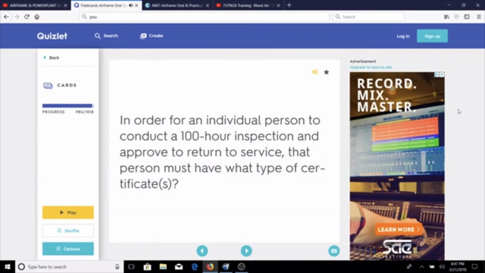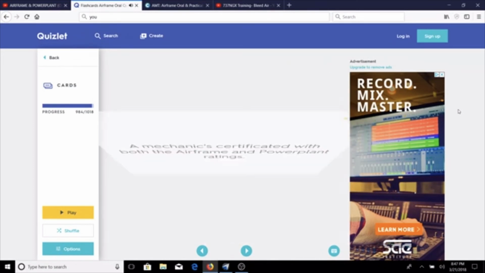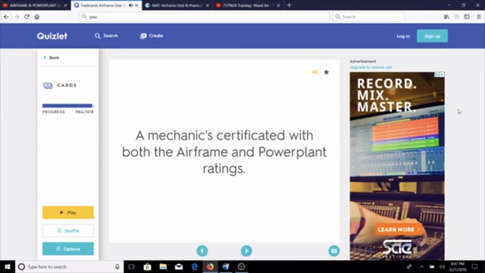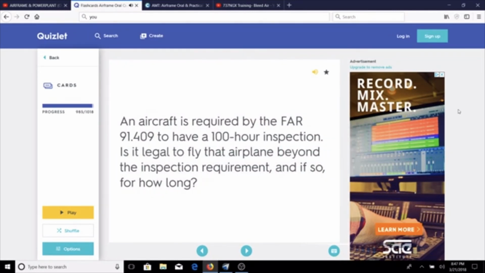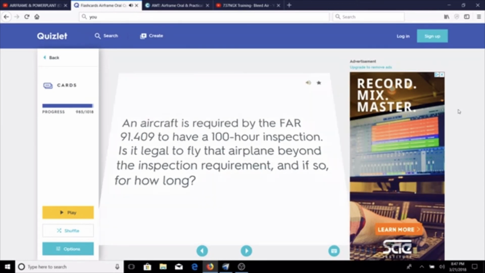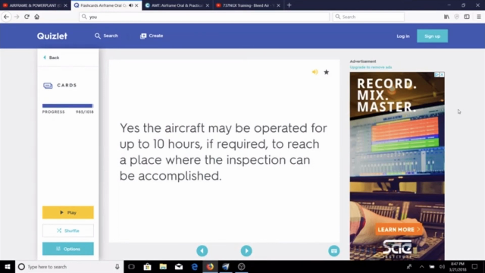In order for an individual person to conduct a 100-hour inspection and approve it for return to service, that person must have what type of certificate? A mechanic's certificate with both the airframe and power plant ratings. An aircraft is required by FAR 91.409 to have a 100-hour inspection. Is it legal to fly that airplane beyond the inspection requirement, and if so, for how long? Yes, the aircraft may be operated for up to 10 hours if required to reach a place where the inspection